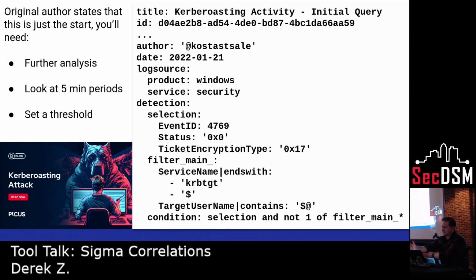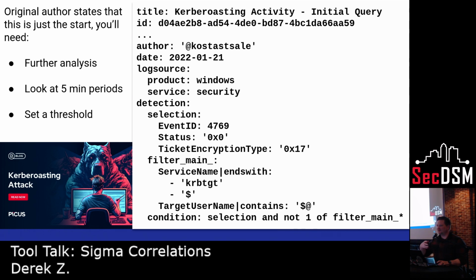So, just to give you an idea, I went through the GitHub repository for the Sigma rules that are out there in the community and found one on behalf of, I don't think Trevor is here right now, I can't see him. He's in the back. So Trevor, if you didn't know, his handle is about Kerberoasting. So in honor of that and him helping us almost win the KernelCon CTF, I said, hey, well, if we have